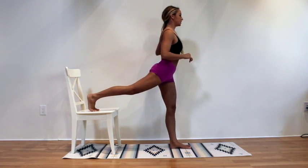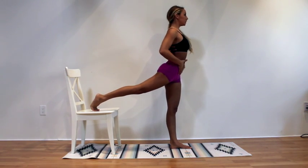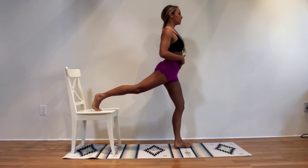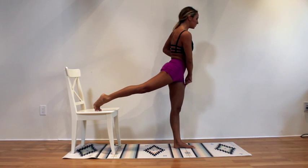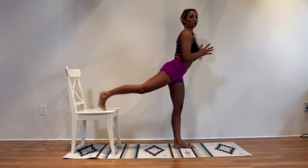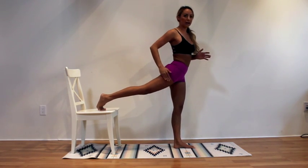So I want you guys to feel really sturdy. So it's right in the middle. You're lifting up through your core and sitting up nice and tall. Make sure that your left foot is underneath your hip. So it's a nice long plumb line all the way down into the floor. Lifting up tall, making sure that you're rotating the inner thigh up this way and rotating the outer thigh down